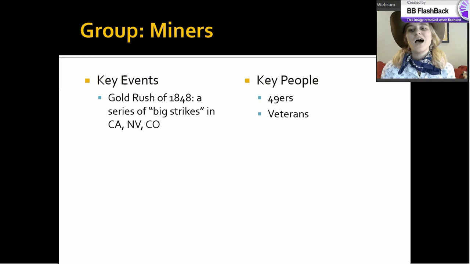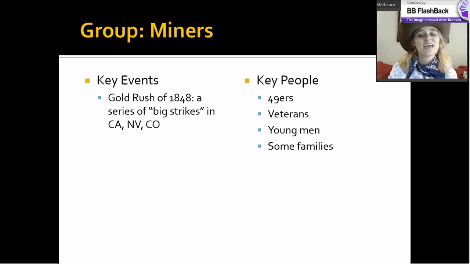Sometimes it would be families, but most often it's going to be young men or veterans from the Civil War who are down on their luck and have nowhere to go, looking for a way to make their way in the world. Like I said, occasionally some families are going to go out there, but very, very few. Mostly it's going to be single men. And of course, these single men are going to live in towns in the West, and this is part of, again, that Wild West persona. You've got these single men, maybe they've struck it rich, maybe they haven't. They're going to need some way to either spend their money or drown their sorrows,